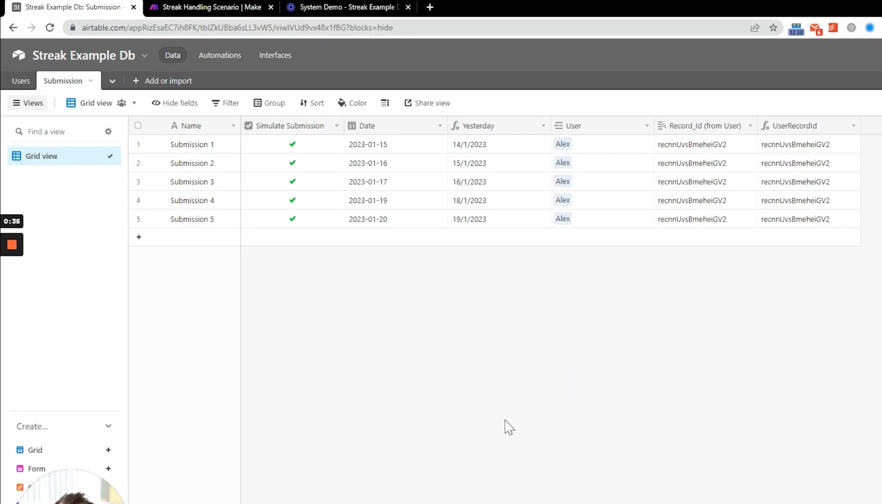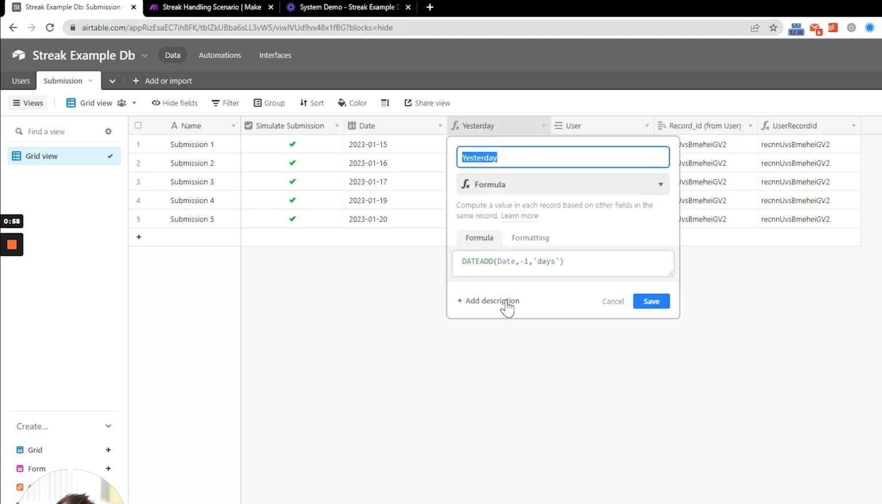Next we have submission. Again, no hidden fields. We have just the name of the submission, a pure text field. We have our checkbox just to trigger the simulation for the purposes of the demo. And then we have date, which is what we want to go by in terms of counting our streak. And then we also have yesterday. Yesterday is an important part of this puzzle, and this formula just takes the function of date add, puts date in the required date time part of the function, -1, and then in terms of days. So that basically gives me